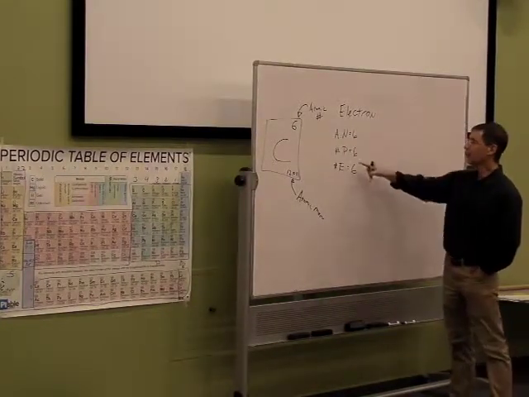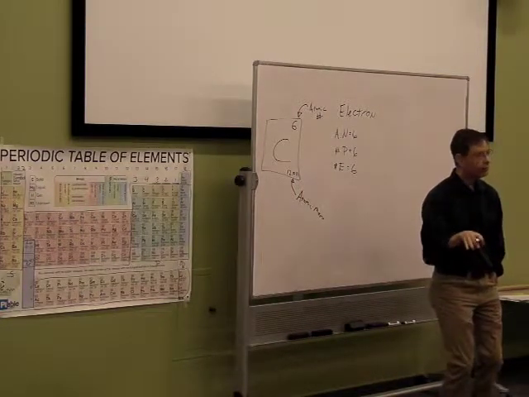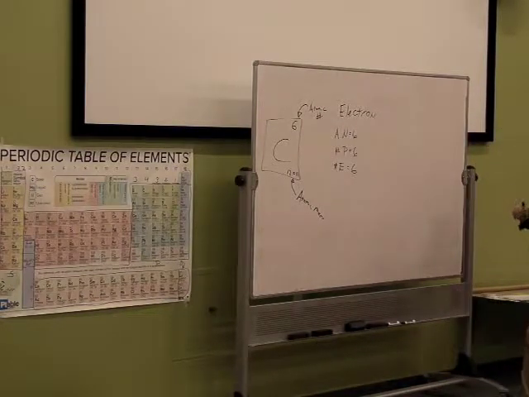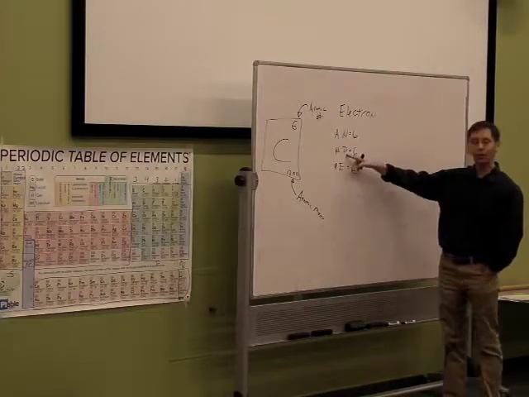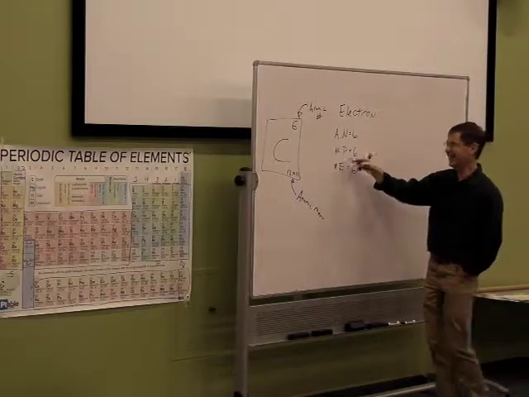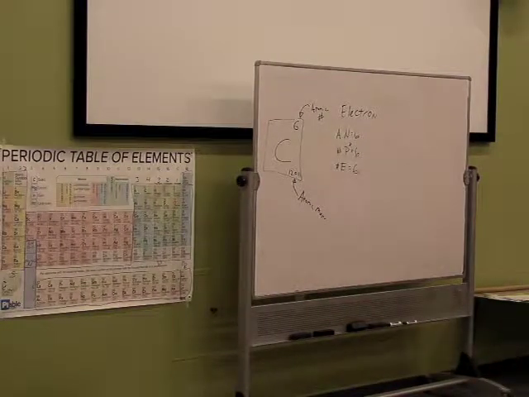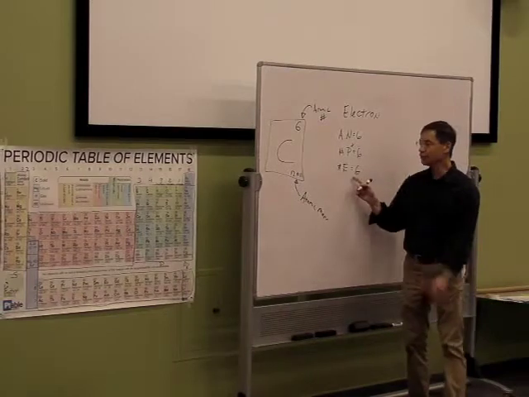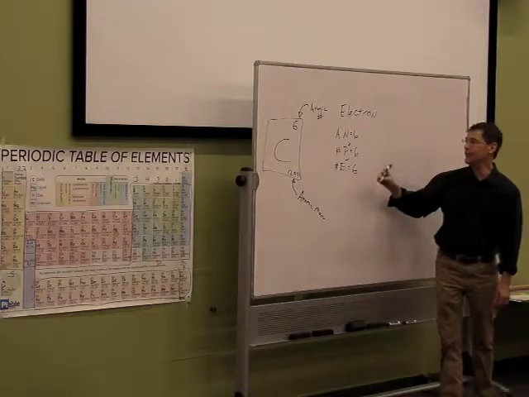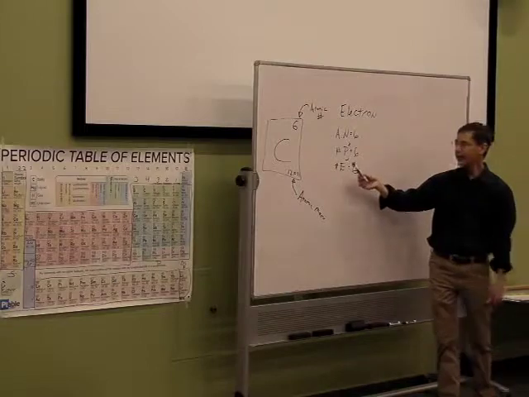So, the reason for this is because nature likes to be neutral. Nature likes to be totally neutral, man. So, that means the protons have a charge. Anybody remember the charge the protons have? Positive. Pro, positive. Good, you got it. Which means electrons have to be negative. Which means if you've got certain pluses, you've got to have that many minuses to equal 0. And then when it's 0, it's a neutral atom.